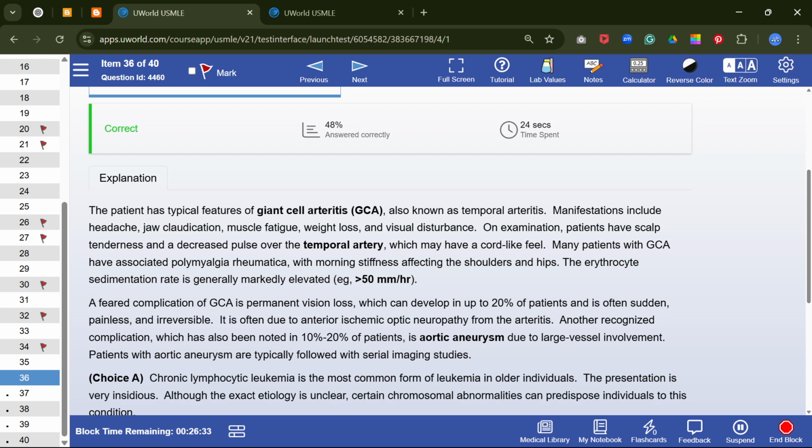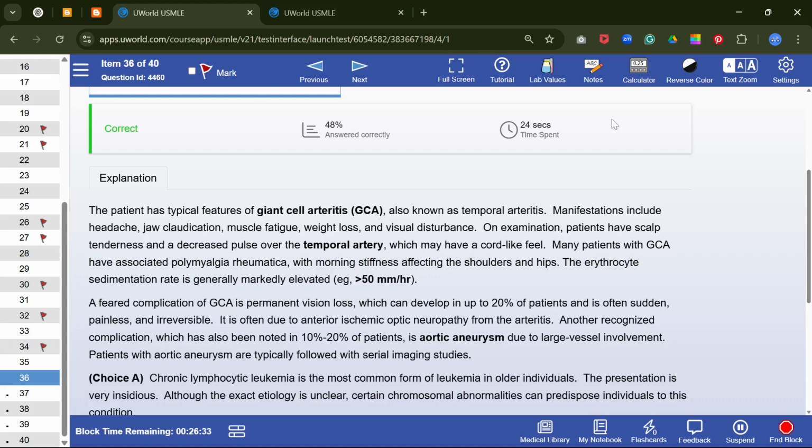On examination, patients have scalp tenderness and decreased pulse over the temporal artery, which may have a cord-like feel. Many patients with GCA have associated polymyalgia rheumatica with morning stiffness affecting the shoulders and hips. The ESR is generally markedly elevated, more than 50 millimeters per hour. A feared complication of GCA